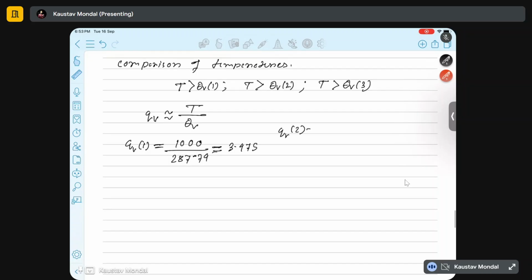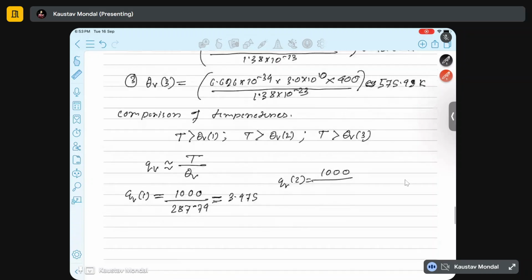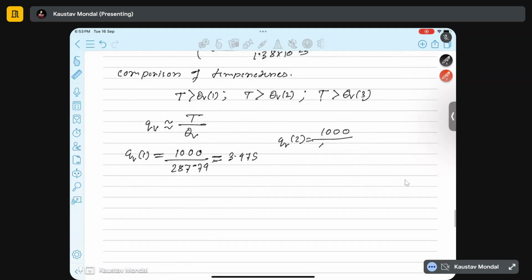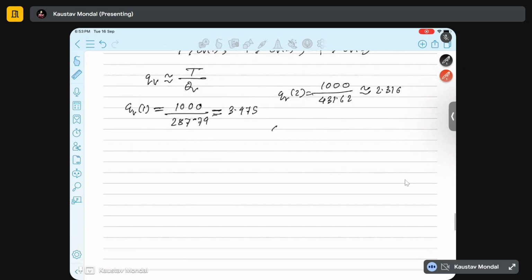You can see QV2, if you do the same way, 1000 divided by 431.62. If you do the calculation, it gives you 2.316. Last one, QV3,